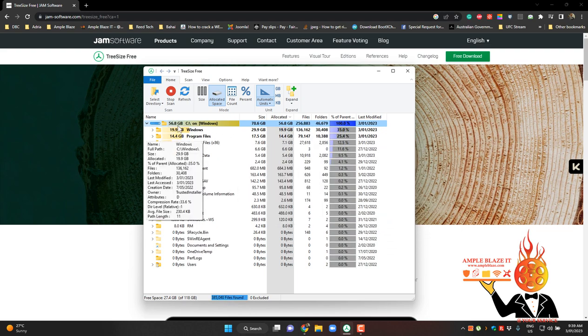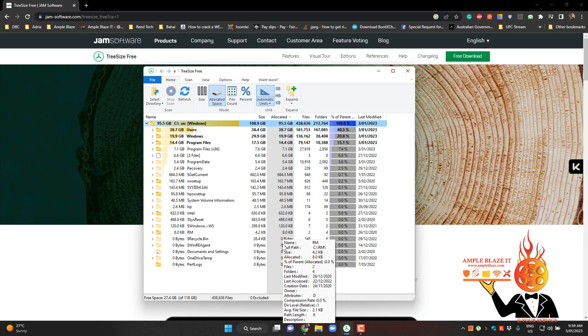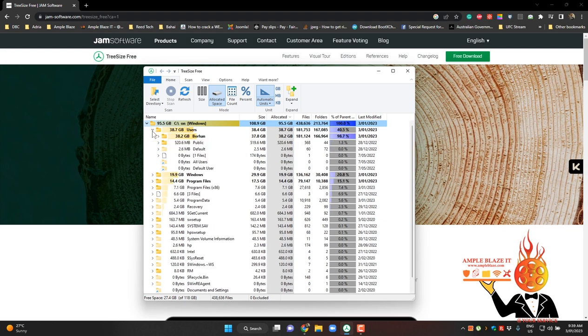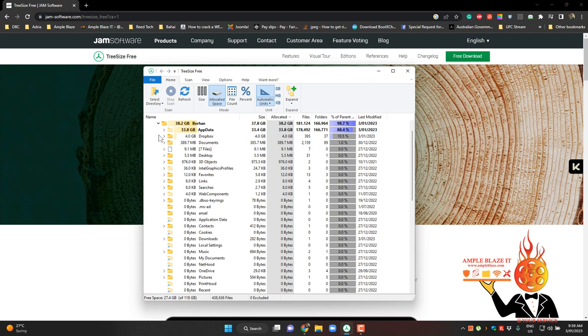Now you can expand it so you can see that it was grown. So you can see 38.7 gigs is from the user folder, and you can expand that down to see what is actually taking up space. You can see it's my profile. You go down across, but app data,